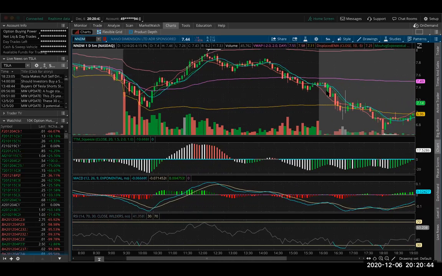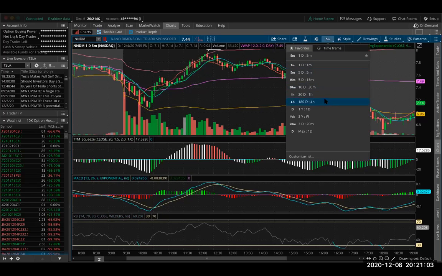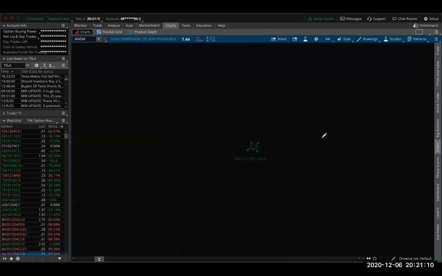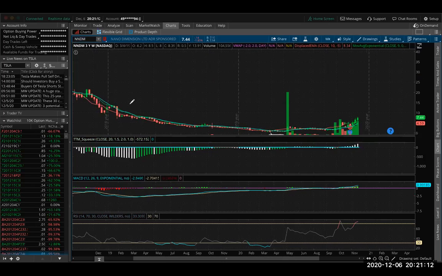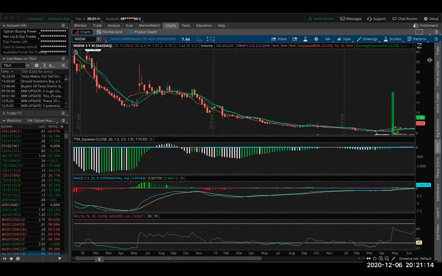On NNDM, do you want me to look at maybe tomorrow's outlook, or what Friday did, or do you want me to look at more of a long-term standpoint? Just a long-term standpoint, and I just want to have a look. Like, what's your frame of mind when you chart these things? What do you look at basically? So the first thing I look at is the longest term, to see where it's been before, where it came from,